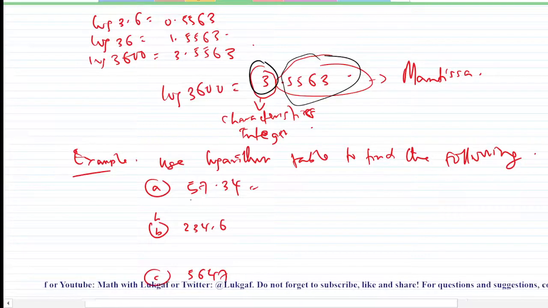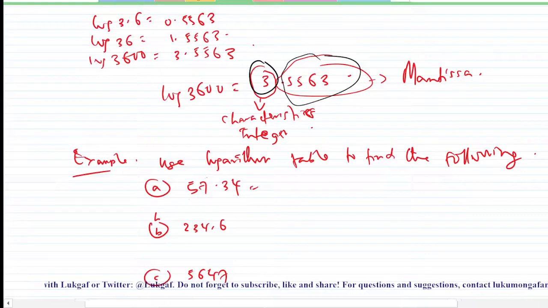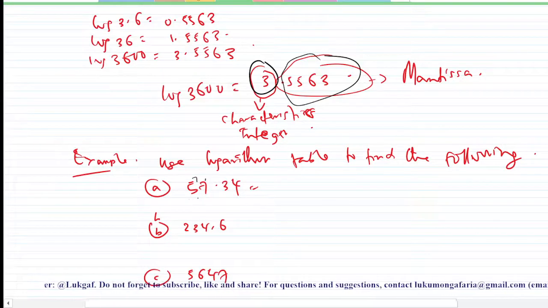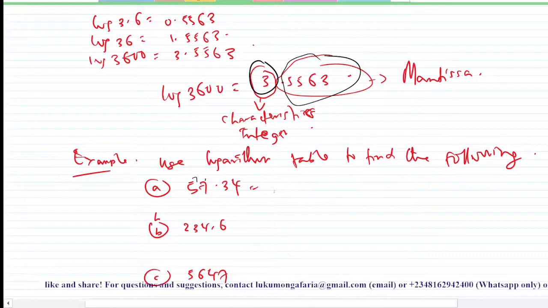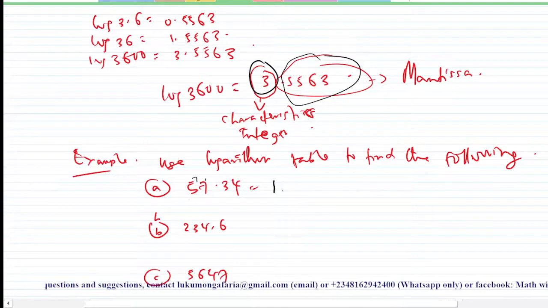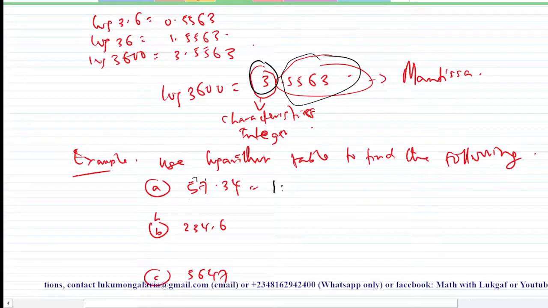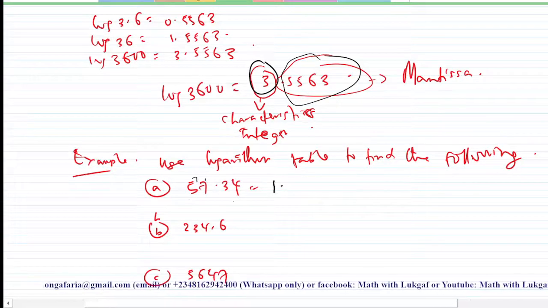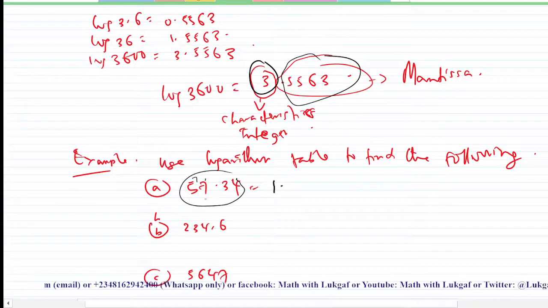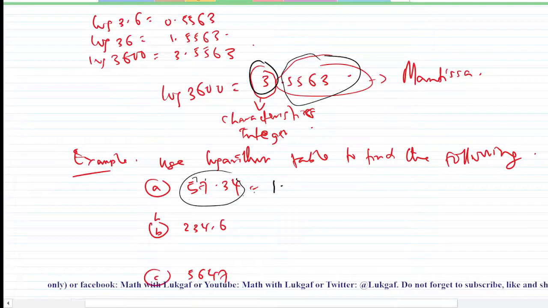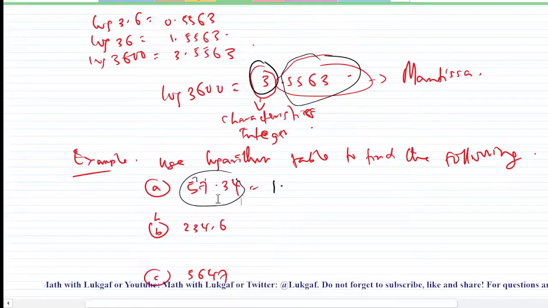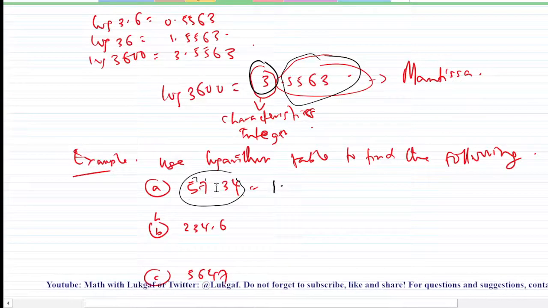So how many digits do we have before the decimal point here? 1, 2. We have 2 digits. Then you subtract 1 from it. 2 minus 1 gives me 1. Then the characteristics part of this number is 1. Then you use the number to find the mantissa. You look up this number on your logarithm table. And how do you do this? You now get rid of the decimal point such that you have